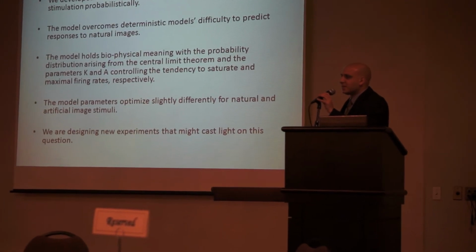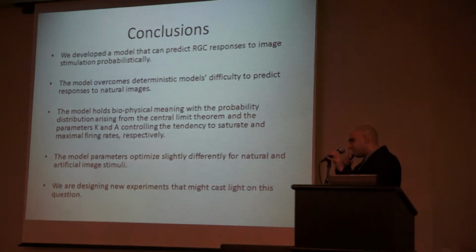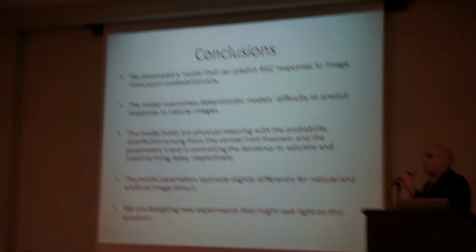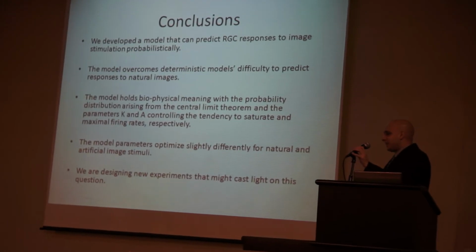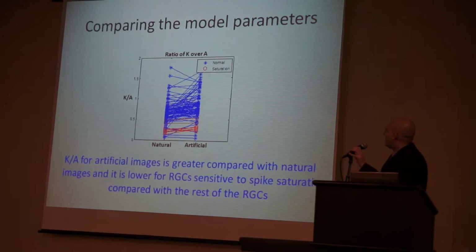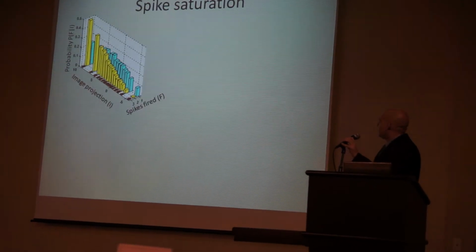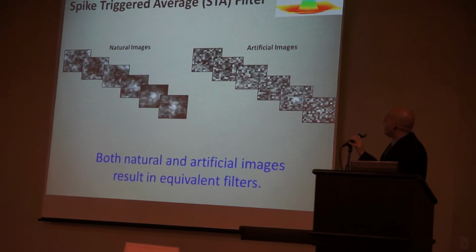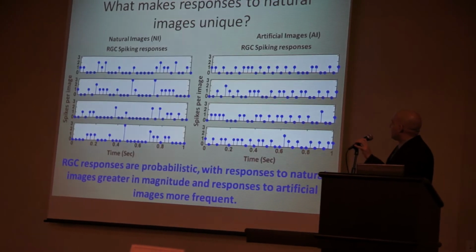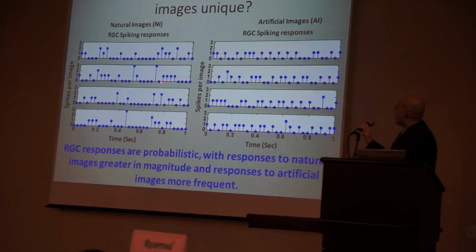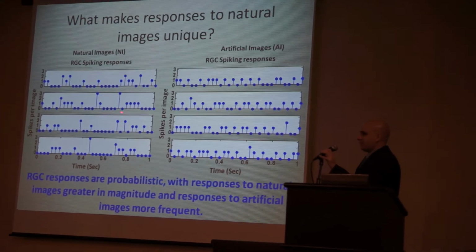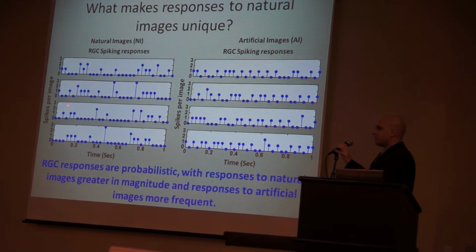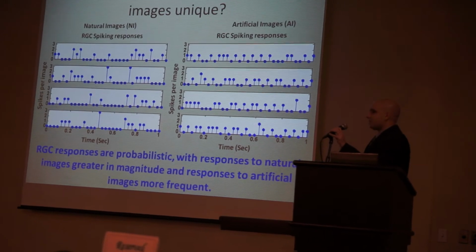Can you give intuition about this difference you're seeing between responses to natural and artificial images? I mean, in an engineering sense. Yeah. So I think that goes back to the responses. Just a second. You can see that for natural images, you have a lot of quiescent periods, right? These are strings of unrelated images coming through. I mean, is that correct?